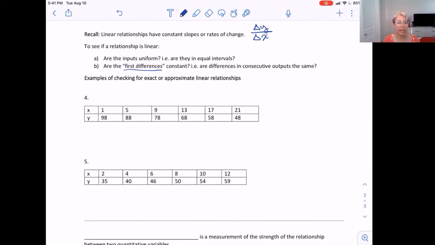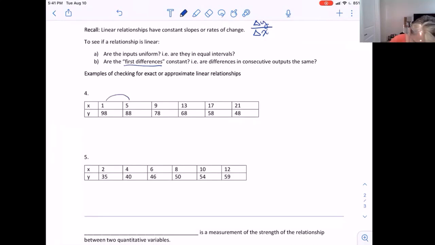So let's take a look at example 4. These are examples of checking for exact or approximate linear relationships. Well, I know when we go from 1 to 5, that's a difference of 4. 5 to 9, you added 4. 9 to 13 is 4. 13 to 17 is 4. 17 to 21 is 4. So these are uniform inputs. So now that those are uniform, we can check to see if the first differences, basically the differences of